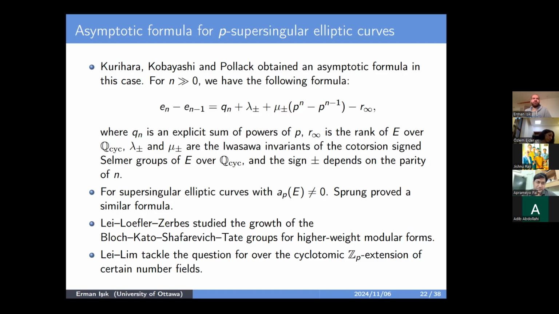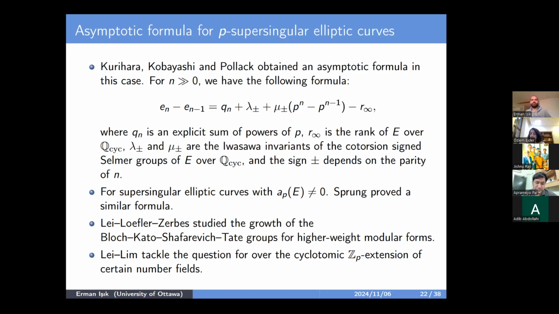I haven't encountered any at the moment because the tools we are studying are actually very new. These local points are very new. So in order to study that, you need to be able to define the plus-minus Selmer groups, and these tools haven't evolved enough to study this compositum, I believe. Okay, thank you.